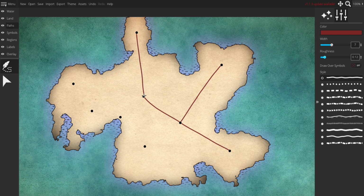Because oftentimes when you're drawing a map by hand, if this is a hand-drawn map, the people who give your adventurers these maps will probably have hand-drawn them. They probably won't have...